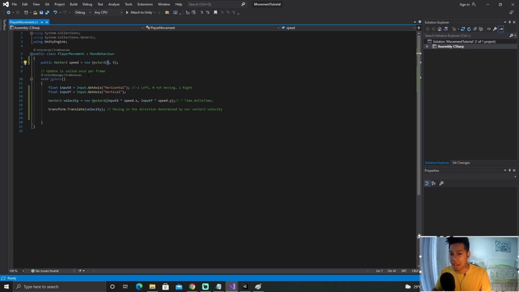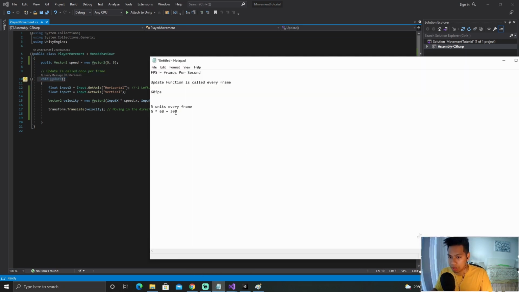The reason this isn't happening is because the update function is being called once per frame, right? So here I wrote this little thing for you guys. If we're moving 5 units every frame, but this frame is being called 60 times per second, then our unit is actually moving 300 units per second